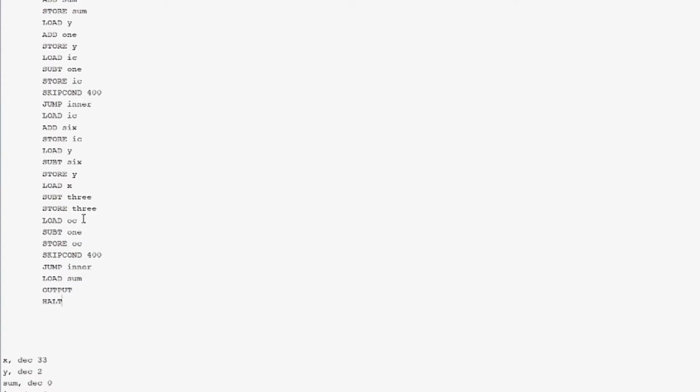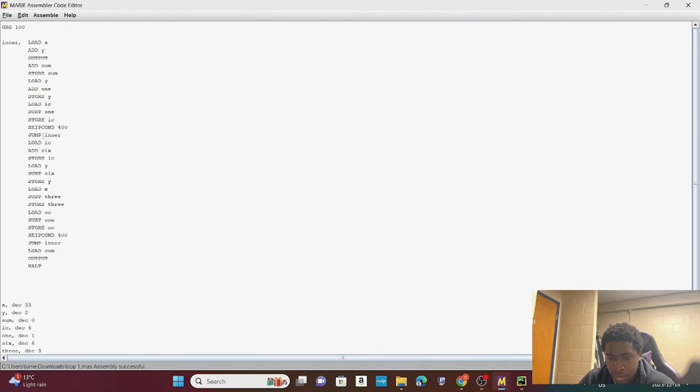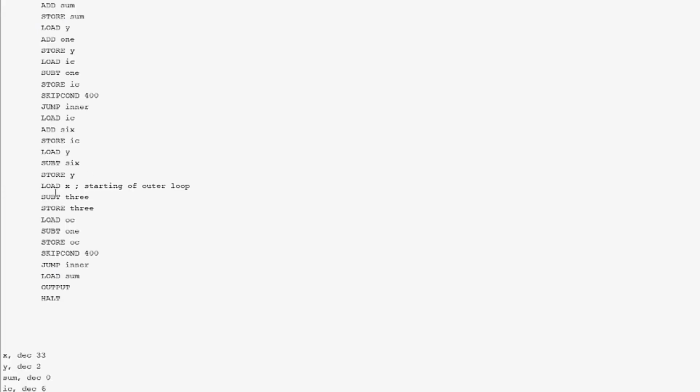So let's quickly go through the code. Let me assemble it first to make sure it's correct. So good. From jump inner from here. So load IC 6, store IC is back to 6. Load Y, substitute 6, store Y is back to 2. Load X, this is the inner loop right here. So starting of inner loop. Or outer loop. This is starting of outer loop. So load X, substitute 3. So now it's 30. Store it. Oh, store